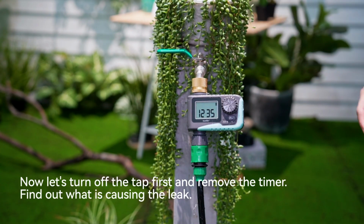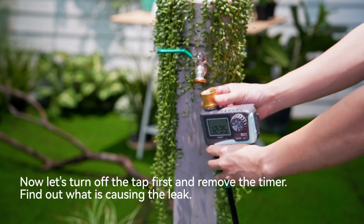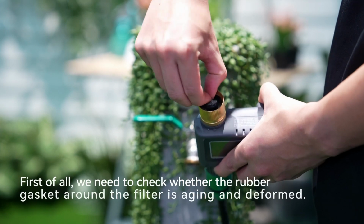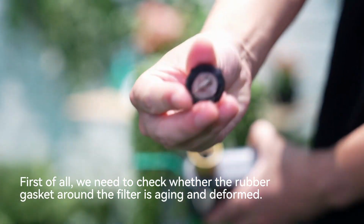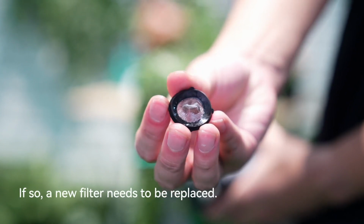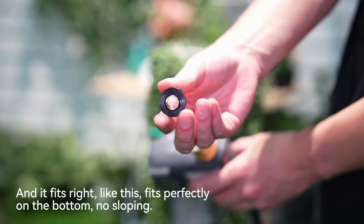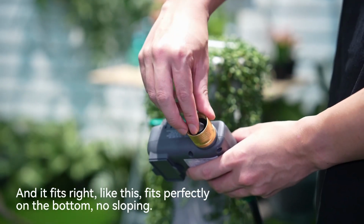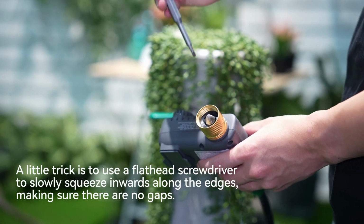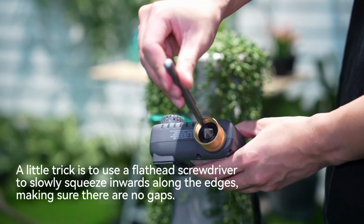Now let's turn off the tap first and remove the timer. Find out what is causing the leak. First of all, we need to check whether the rubber gasket around the filter is aging and deformed. If so, a new filter needs to be replaced. And it fits right, like this, fits perfectly on the bottom, no sloping. A little trick is to use a flathead screwdriver to slowly squeeze inwards along the edges, making sure there are